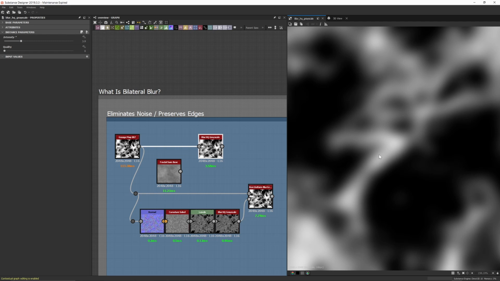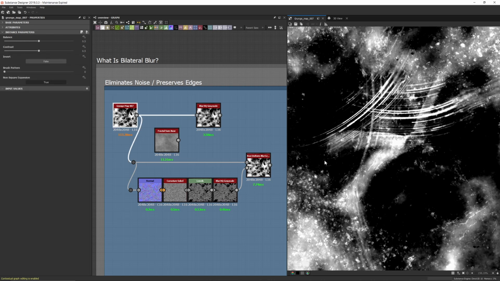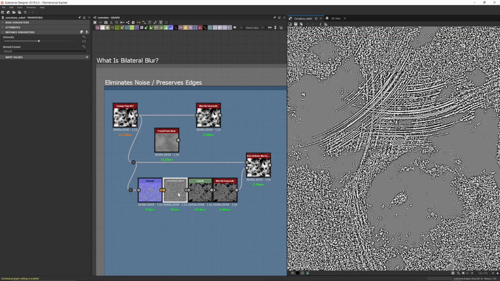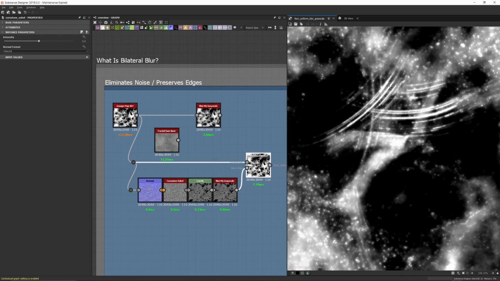Another option you may choose to use is the non-uniform blur grayscale here in Substance Designer, which is a good option, but it comes with the caveat of having to first define that mask. And again, depending on the noise or the type of input map that you're providing it, that might require a lot of fine-tuning every time you plug something into it. So we can see I've just generated a normal, and then I have this curvature sobel, levels to just invert that and only capture our interior detail. And then again, I'm just blurring that to soften the transition, which is going to give us something